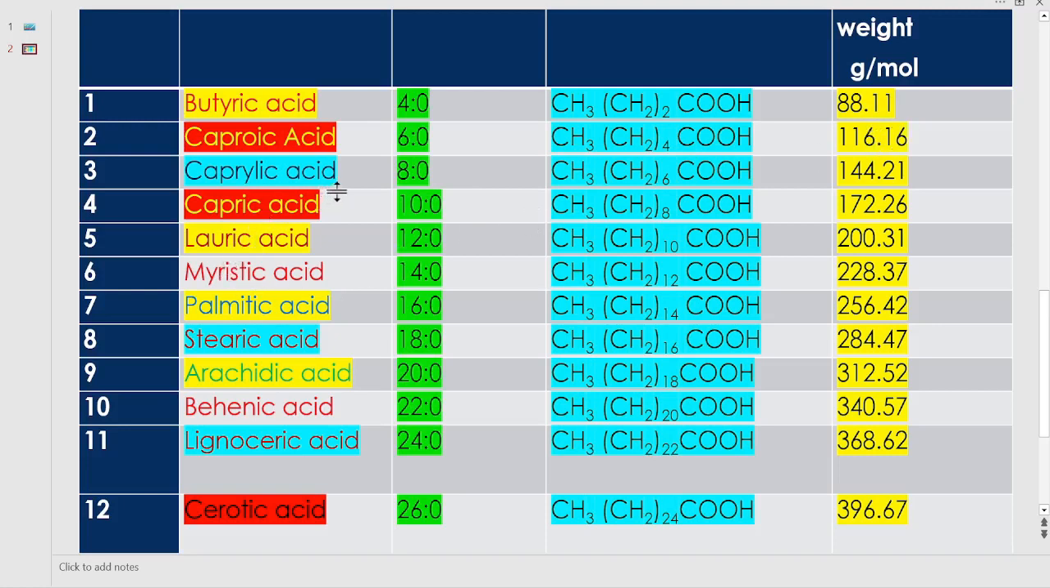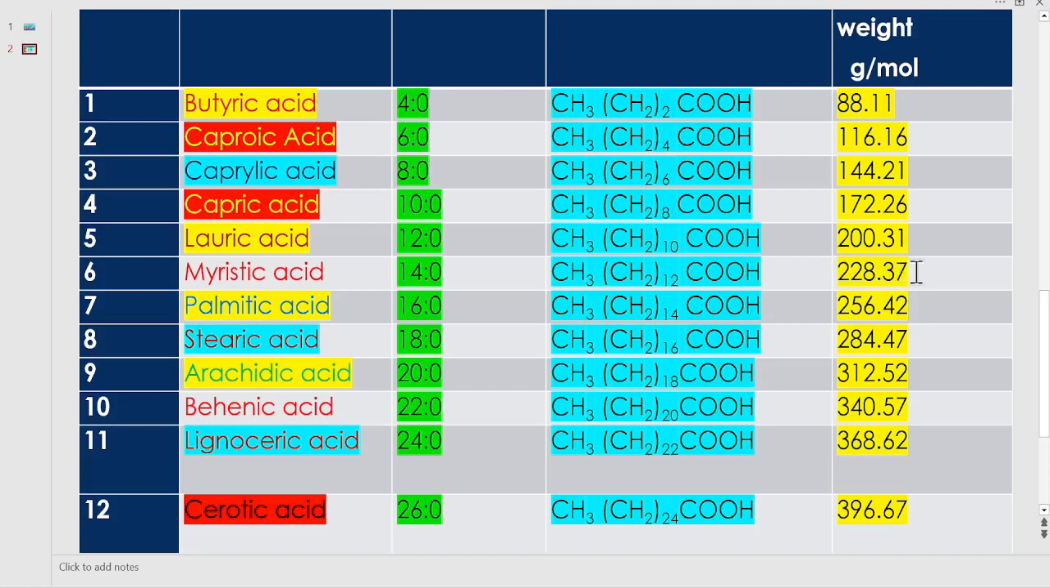And third one is caprylic acid. It contains 8 carbons, and its molecular weight is 144.21. And next, fourth one is capric acid. It contains 10 carbons, and its molecular weight is 172.26. Fifth one is lauric acid. It contains 12 carbons, and its molecular weight is 200.31. Next, sixth one is myristic acid. It contains 14 carbons, and its molecular weight is